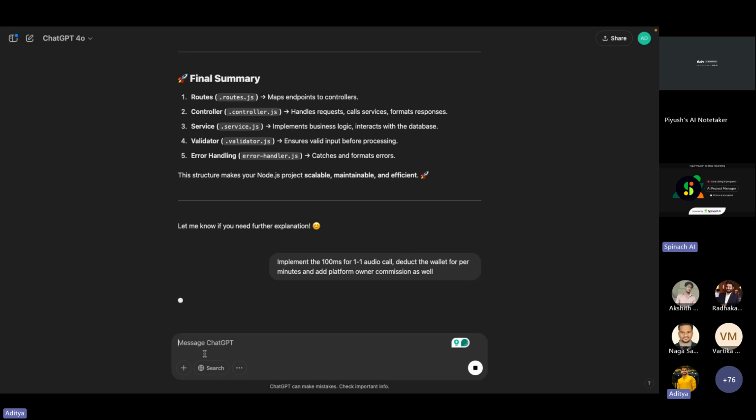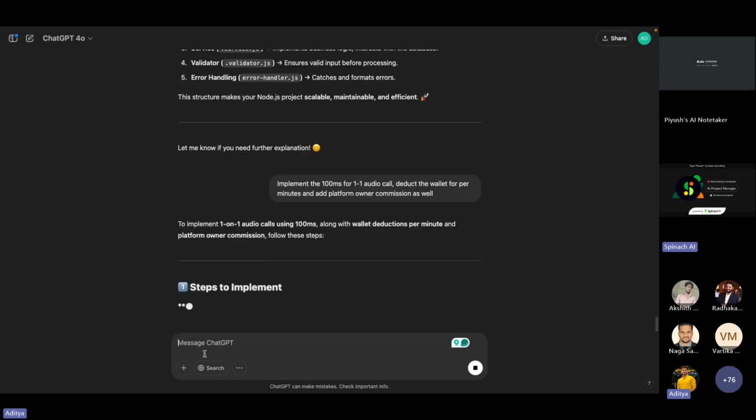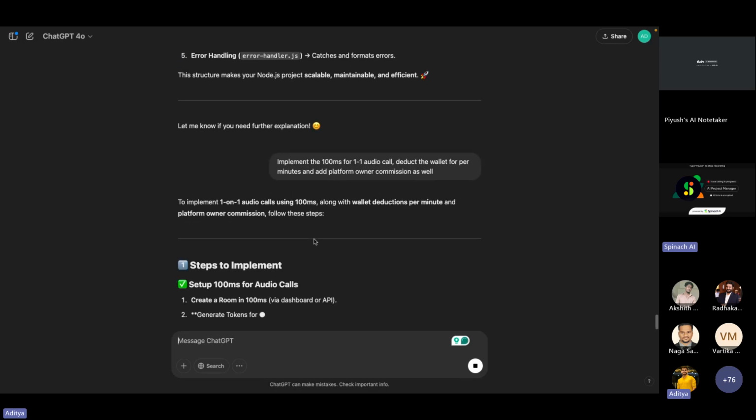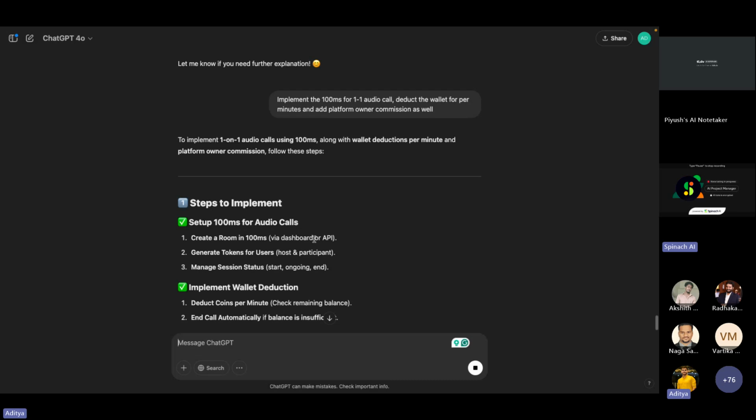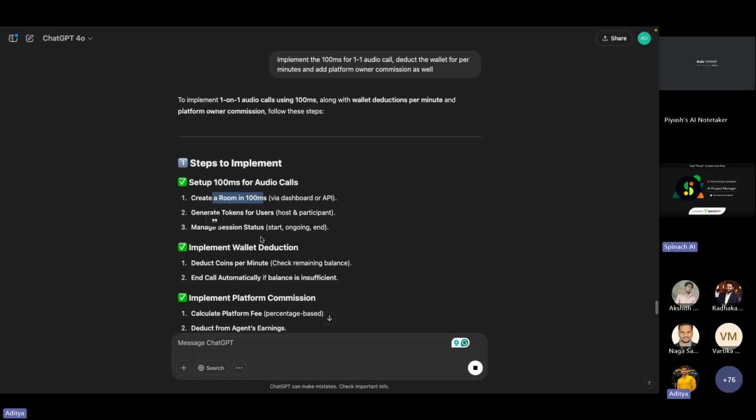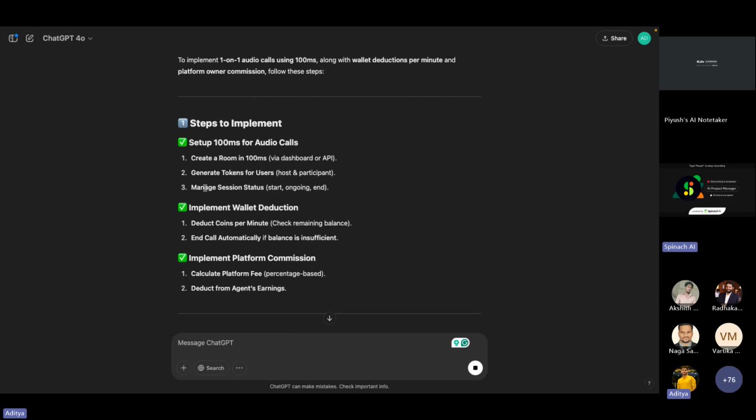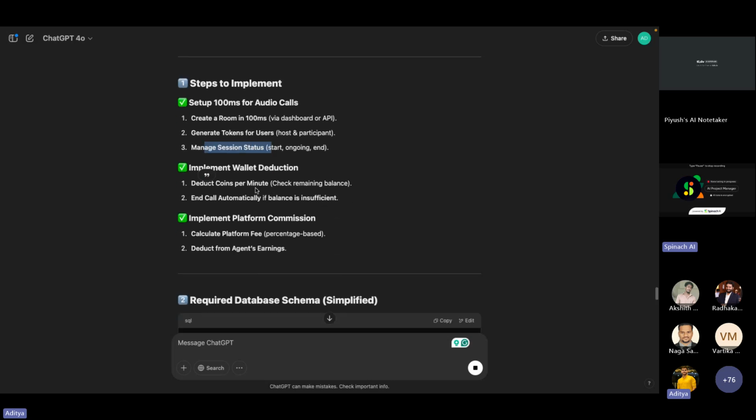तो एक बार इसको कोड रिव्यू करते हैं, मैं एक बार ट्राई करके देखता हूँ क्या क्या करता है ये। ये स्टेप बता रहा है कि कैसे करना है। इसने सही स्टेप बताया कि एक ऑडियो रूम के लिए हमें एक रूम क्रिएट करना पड़ता है जहाँ दो लोग आकर बात करेंगे। फिर होस्ट और पार्टिसिपेंट के लिए टोकन जनरेट करना पड़ता है ताकि वो रूम को ज्वाइन कर सकें। और एक सेशन होगा जहाँ पे कब सेशन स्टार्ट हुआ, कब एंड हुआ, इसका डेटा रहता है।